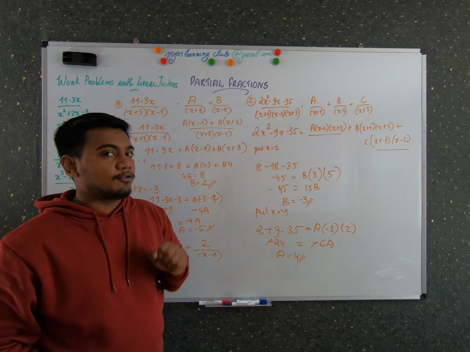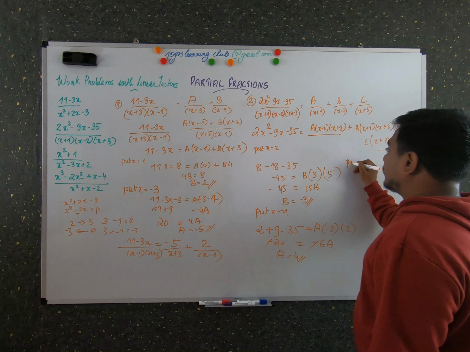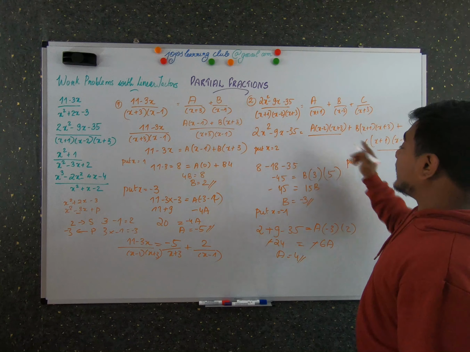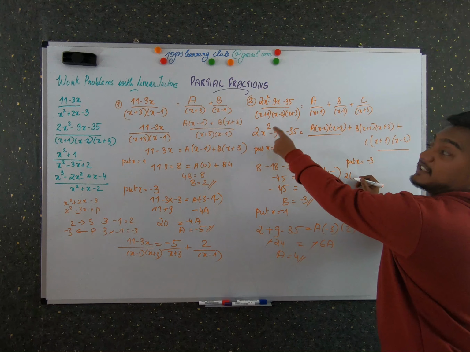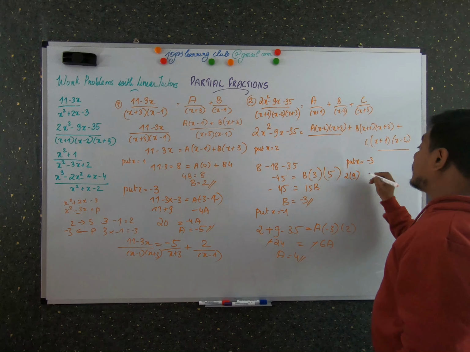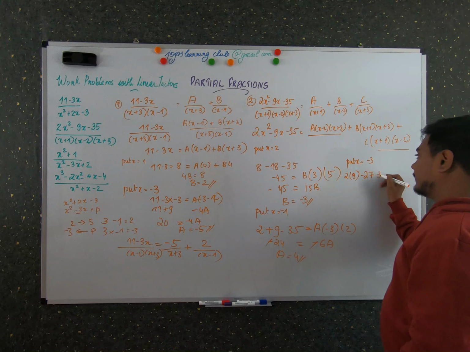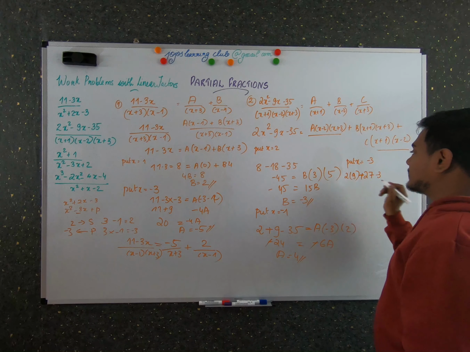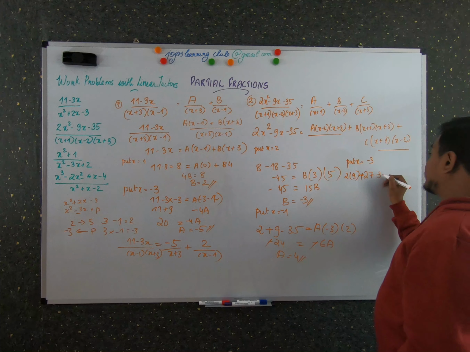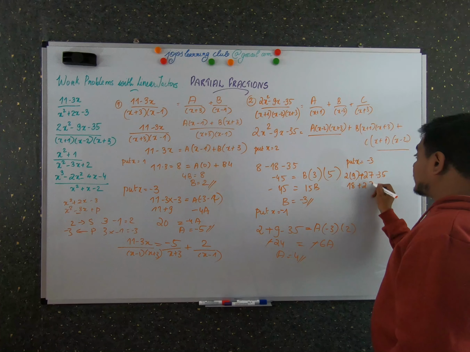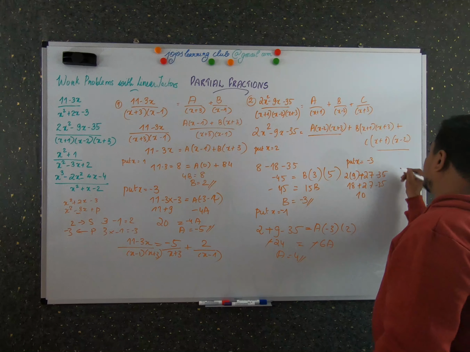So now you found two values, and our next step is that we have to find the value of C. Put the value of x as minus 3. This should be done very carefully. So 2 into (minus 3) the whole square, 3 square is 9, 18, minus 9 into minus 3, which is plus 27, and minus 35. Sorry, minus 9 into minus 3 is positive, I made a small mistake. So 18 plus 27 minus 35: 18 plus 27 is 45, 45 minus 35 is 10. So I did the LHS.